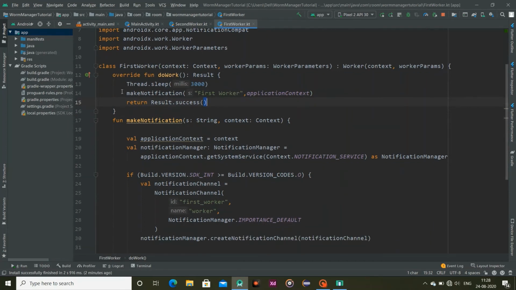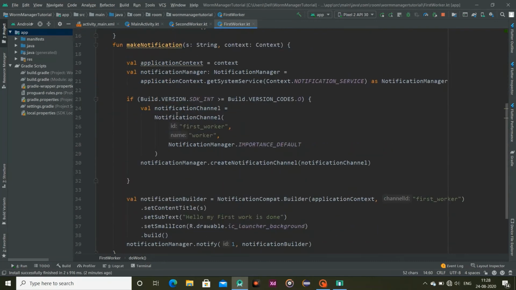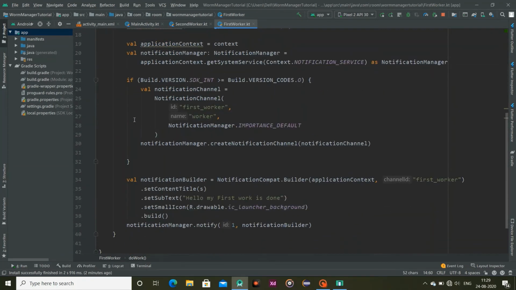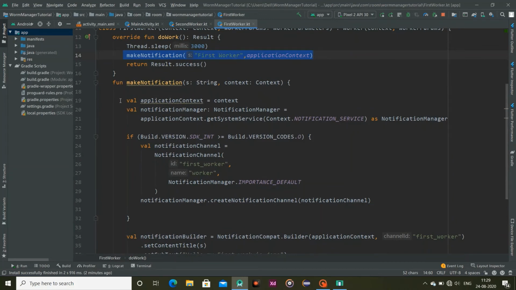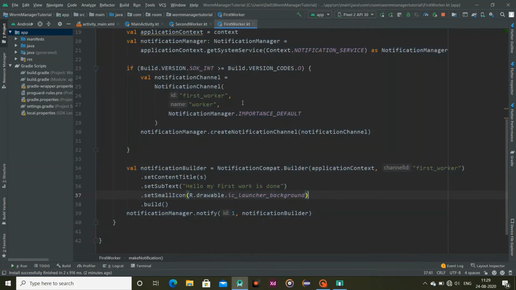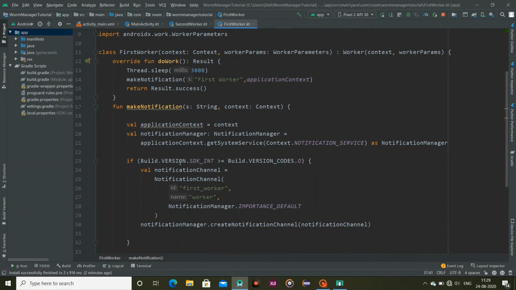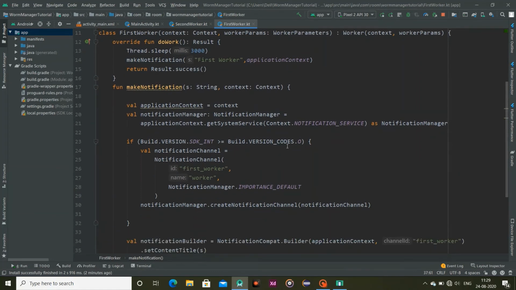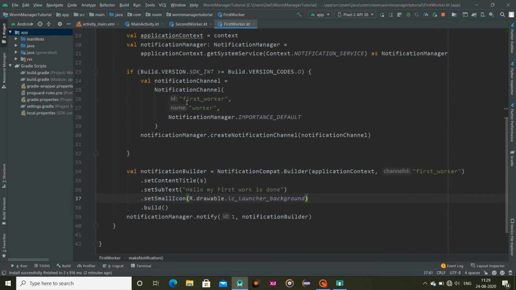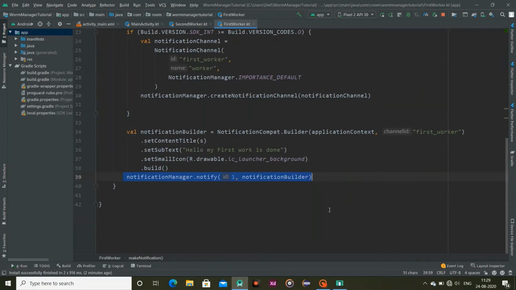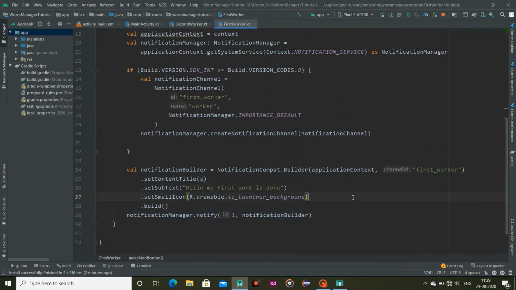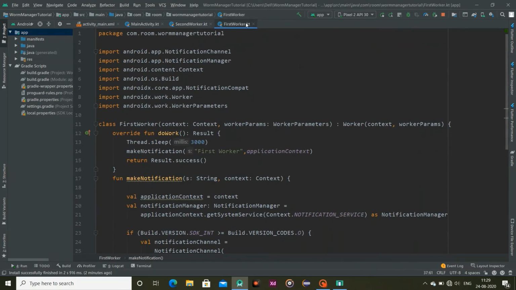In my case, I will simply make a notification after delaying the thread for 3 seconds. This is our make notification, which will simply make a notification. It will check the version, and if it is greater than or equal to Oreo, it will create a notification channel, and after creating this notification channel, it will build the notification and create it finally. So this is our first worker class.